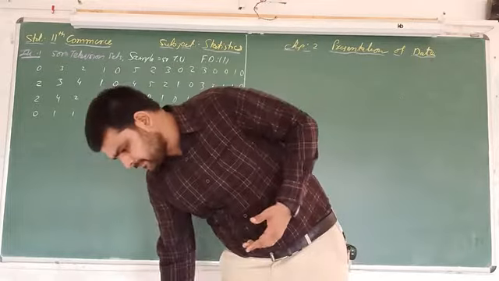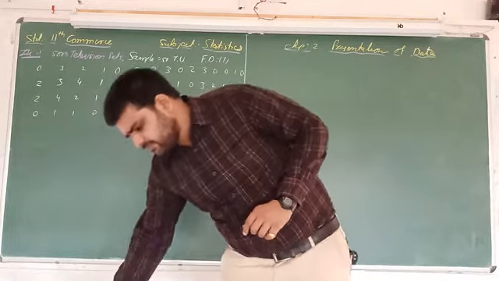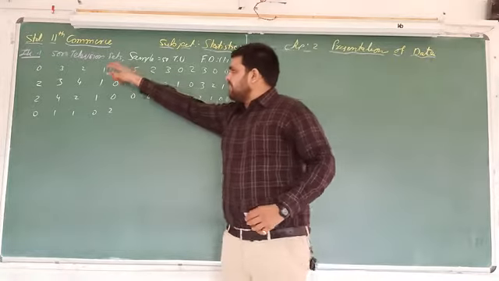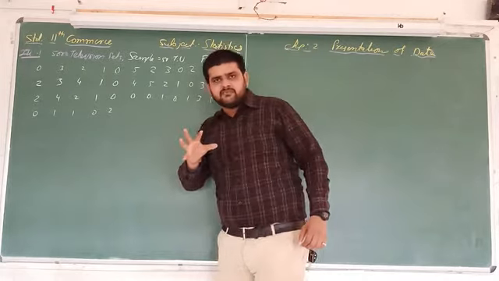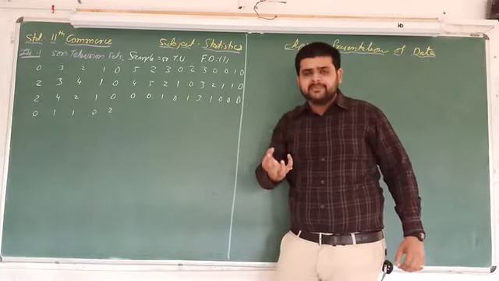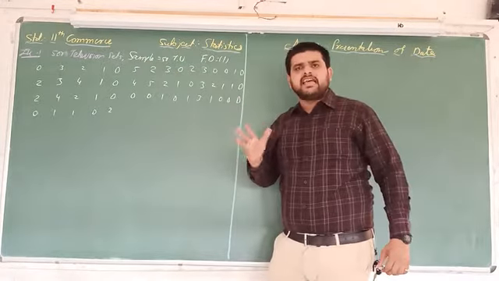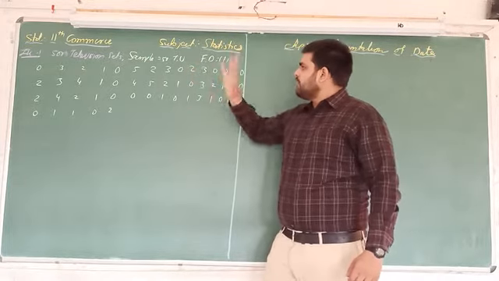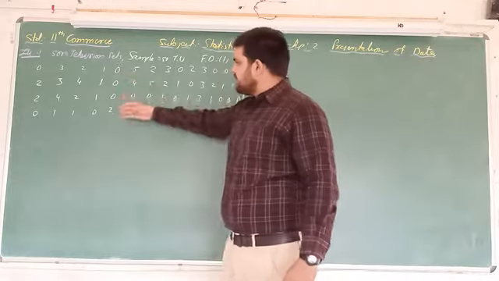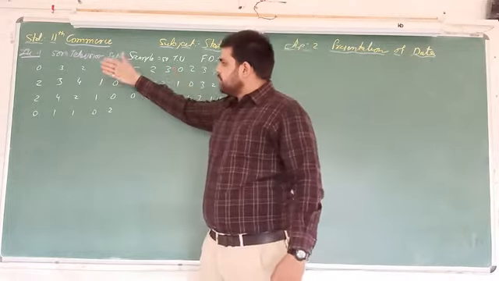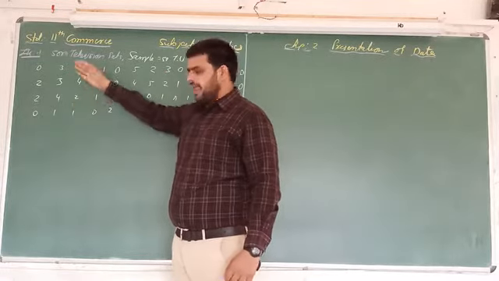So what is the information in the question? There are 500 television sets. Out of 500 television sets, we take 50 as a sample and check how many defects there are, and we have to find out the frequency distribution. This is the whole data, 50 values: 0 2 2 0 3 3 4 1, like this.